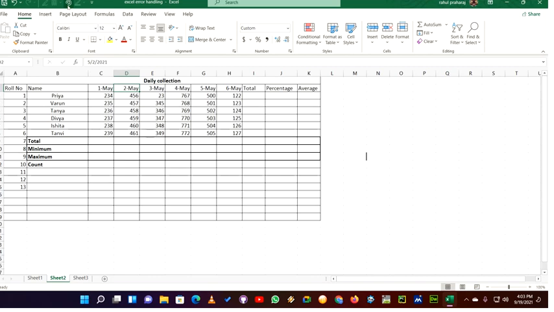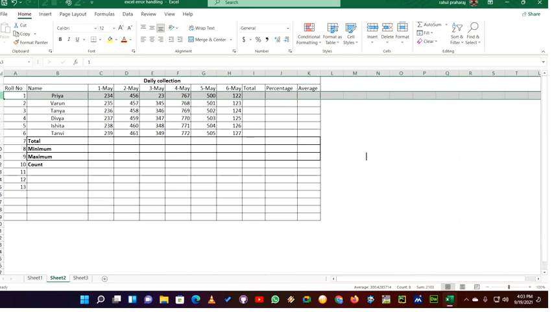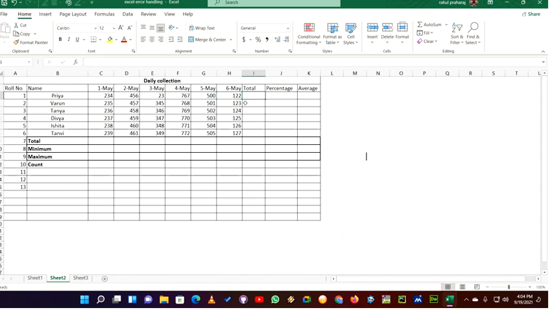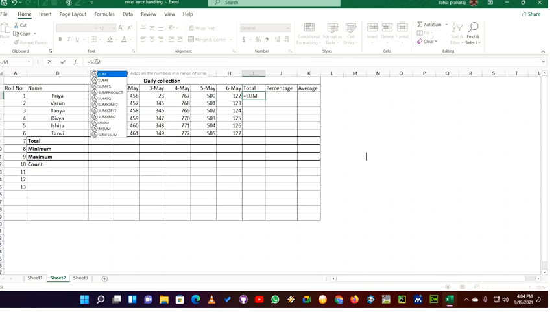So let's start. First of all, we are going to do the totaling of the first row, right? So in the first row, as you can see, if I click on the selected third row, you can see the entire row has been selected, and this particular total column, I3, is where we are going to find the total. So what is the formula of total, or rather we are going to use the function sum.